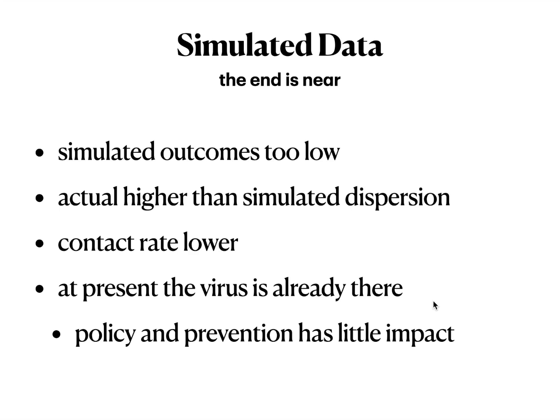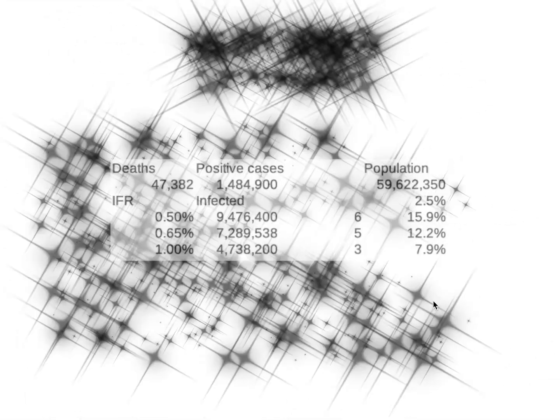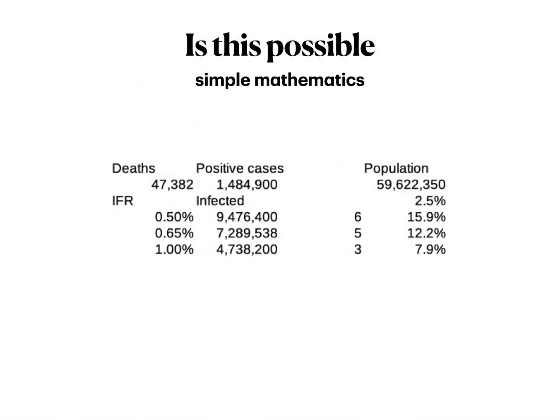It's very difficult to prevent it, and it also seems, therefore, that it is now working itself out and the end is near. That's what it appears to be if I look at the simulations. So let's go back to actual data, and let's do a little bit of mathematics. At present, today, the number of deaths in South Africa is